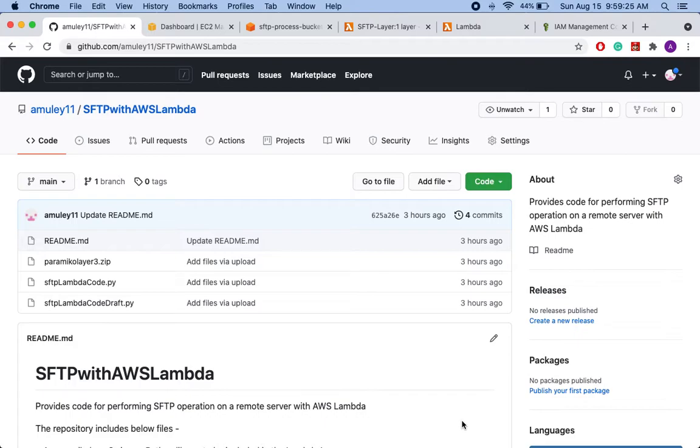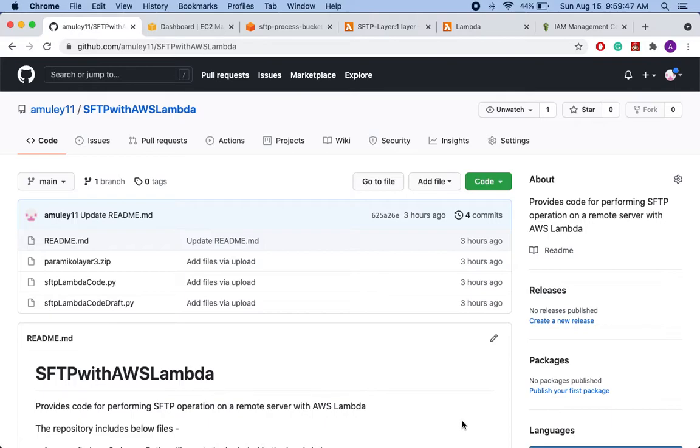As Lambda has a limited temporary space of 512 MB, this method is best suited for transferring trigger or acknowledgement files which are created at the end of a process, or to transfer files with less data in them. We will develop our Lambda function in Python, and for this we need a Python library named Paramiko.